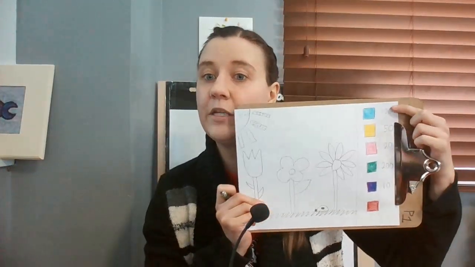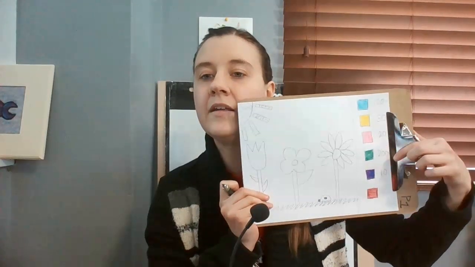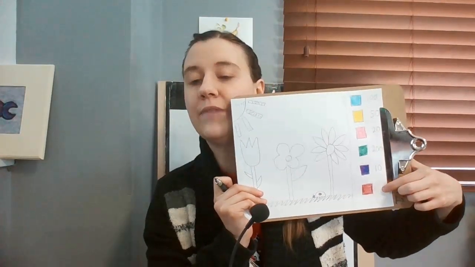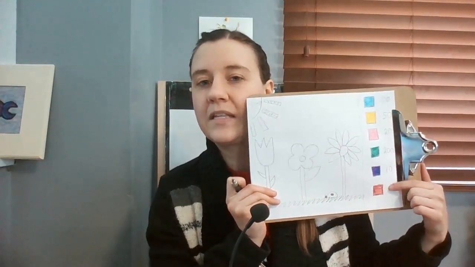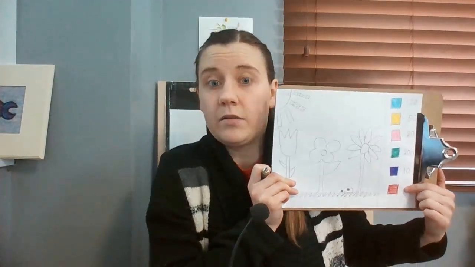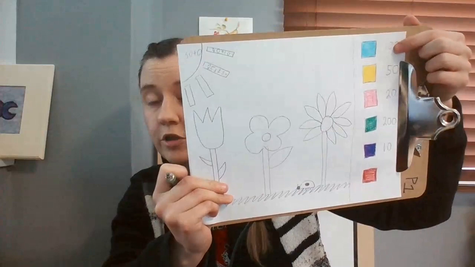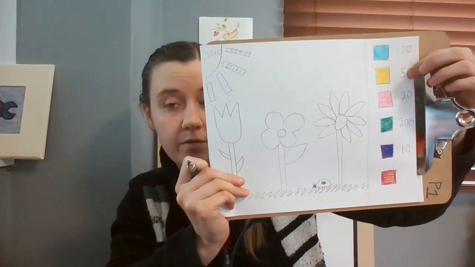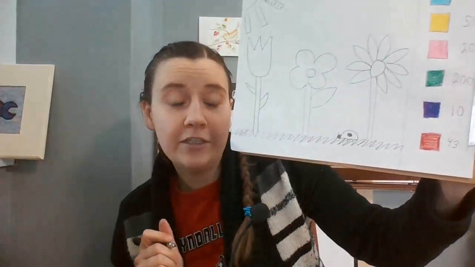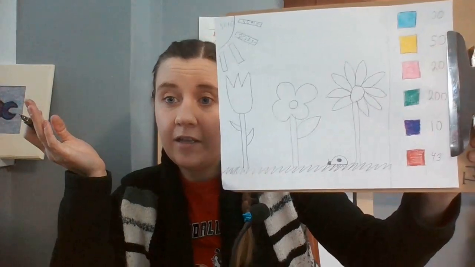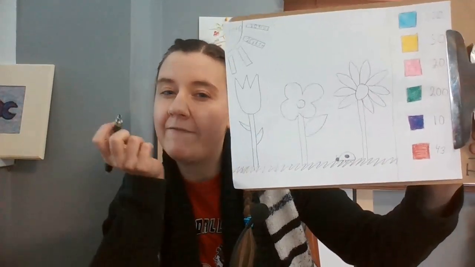Now let's try some different colors. I have, this is supposed to be blue, yellow, pink, green, purple, and red. I gave them any number I felt like, but I left red blank because I wanted to show you that you can make it whatever number you want. You could have one number that's 100, you could have one number that's 50, 20, 200, 10. You could even have one that's kind of a weird number, like 43. You could make any number you want, but the math questions in the picture have to match the color